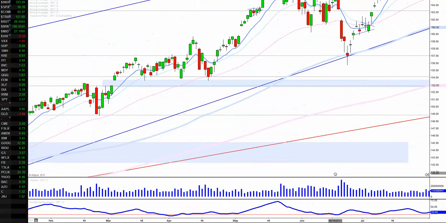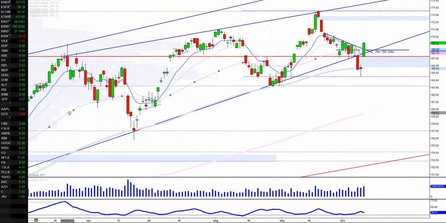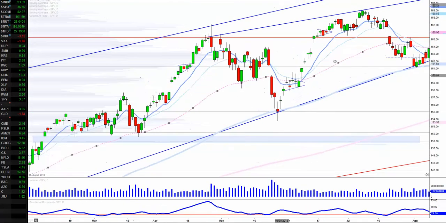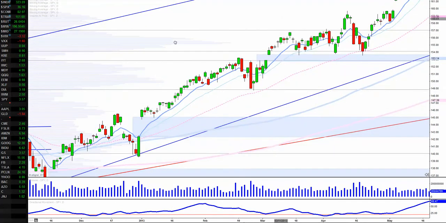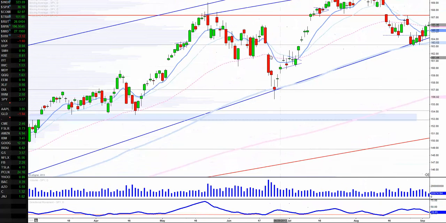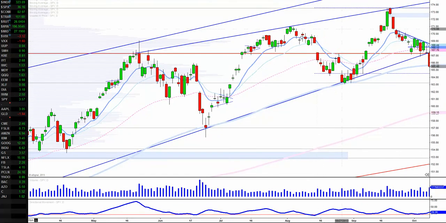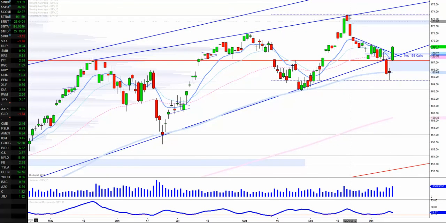Let's see. We haven't really seen any of that. When was the last time we've seen any kind of fast sell-off like that? Look at this. This whole year we haven't seen anything like that. So even this move here, that's not quite like what we saw in November 2011. This right here, no, that wasn't a sell-off. This was just kind of dripping lower, and that one was a fast sell-off.